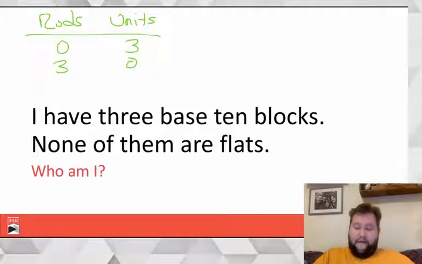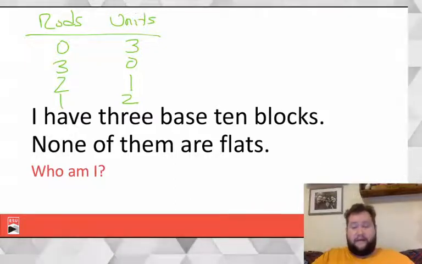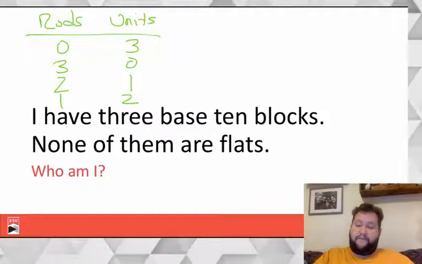I could have 1 unit, which means I have 2 rods. I could have 2 units, which means I have 1 rod. And that, I claim, is all the possibilities. Let's rewrite this. So I have rods,